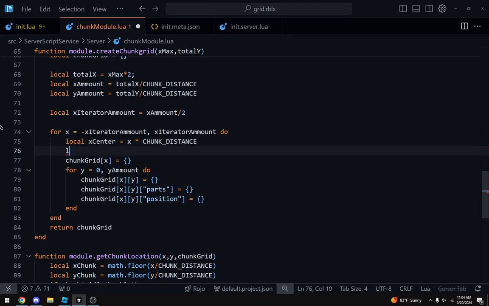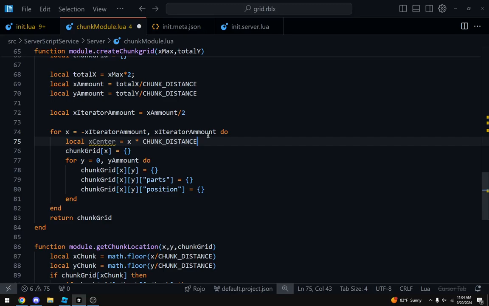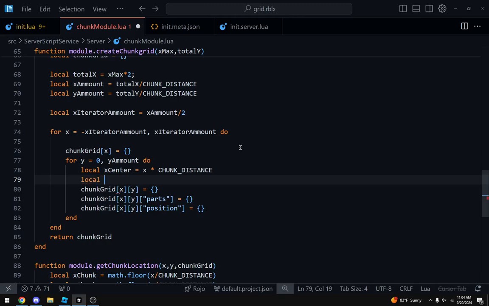Same for y. Let's see what the AI has to say here. Y center equals y times chunk distance.